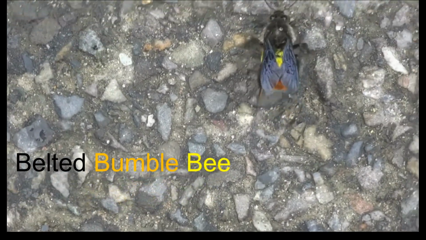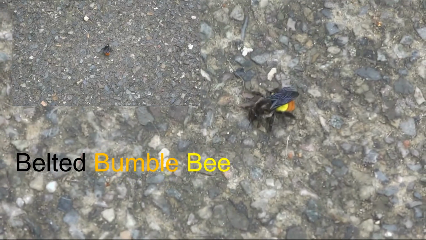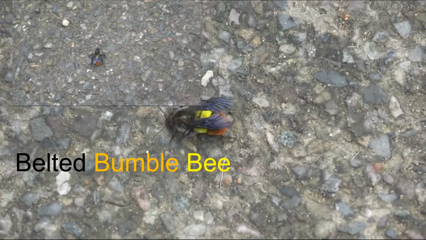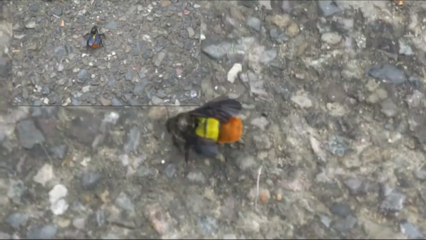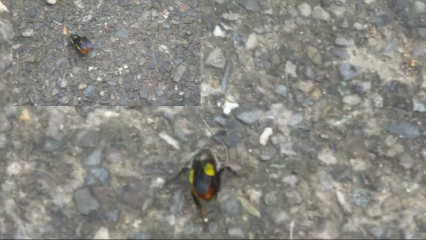The orange-belted bumblebee, or tricolored bumblebee, is a yellow, orange, and black bumblebee. It is a ground-nesting social insect whose colony cycle lasts only one season. The anterior and posterior thorax and the first and fourth abdominal segments are yellow. Abdominal segments 2 to 3 are orange and the terminal segments are black.